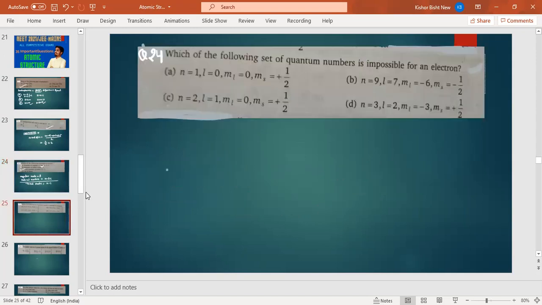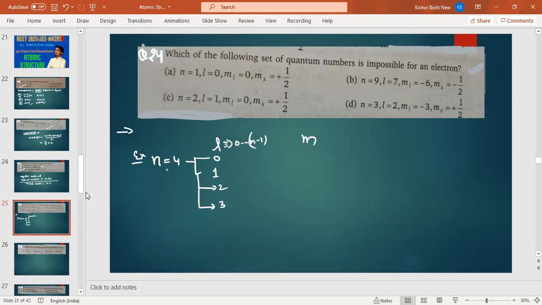Come to the next: which of the following sets of quantum numbers is impossible for an electron? So first I am going to discuss the quantum numbers, so important for all the examinations all over India. Okay, whatever competitive examination you are going for. Whenever we are discussing quantum numbers, first you remember, I am taking one example, n is 4. Then l values are 0 to n minus 1, means 0, 1, 2, and 3. l is 0 to n minus 1. I started from 0, n minus 1, 4 minus 1, that is 3.